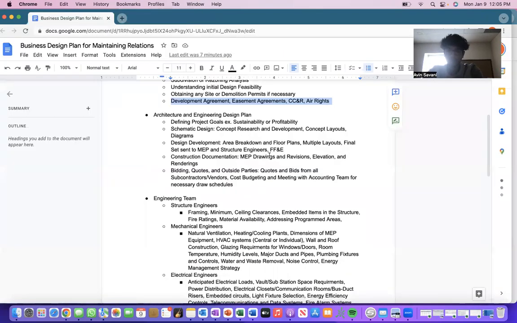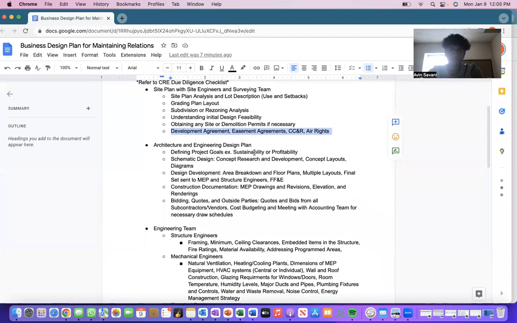Okay, let's get back to the topics here. So we were in that schematic design phase right here. So the concept research and development. So basically, you're sourcing a lot of these different pictures or renderings or existing architecture that has already been developed, and seeing how you can put your own style or flair into the project at hand, right? So